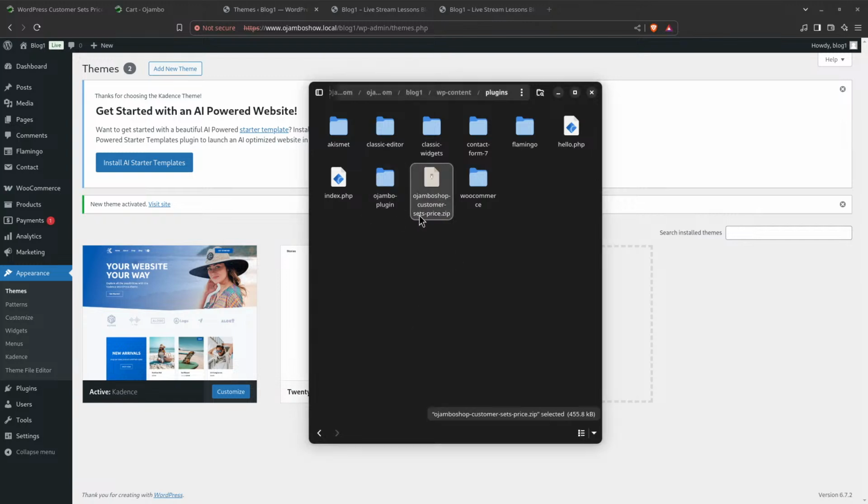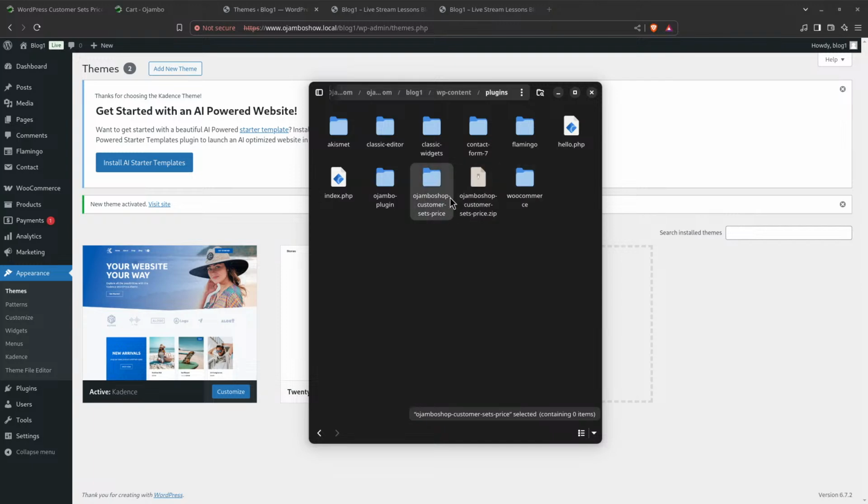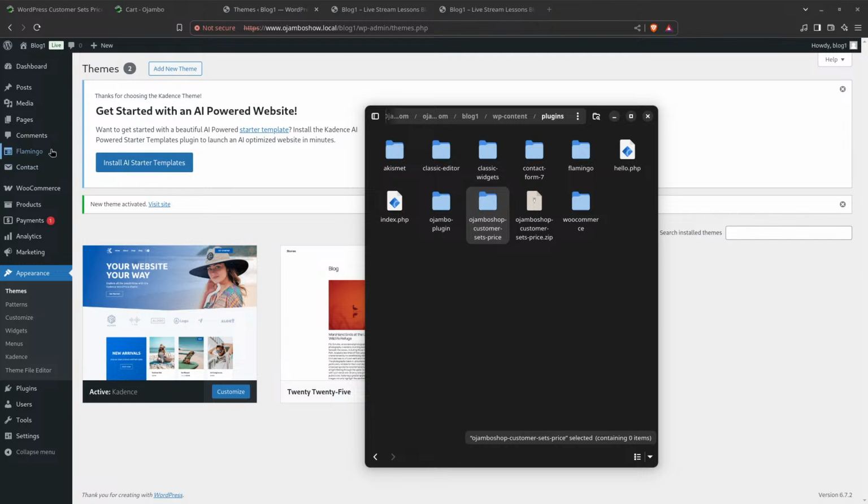So the first way is, you see this is a zipped file. So all you need to do is extract it in the folder. So I'll extract it. So I've just extracted it. And now if I go to, I'll leave this here. So if I go to plugins,